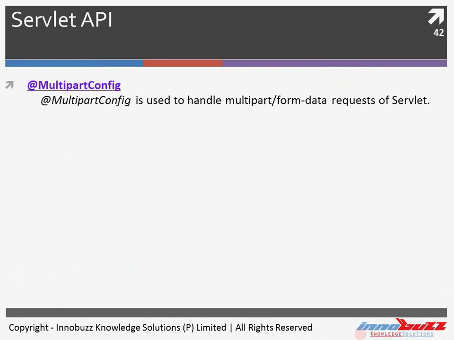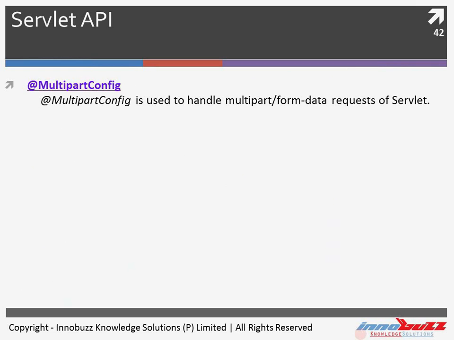And next is multi-part config. Multi-part config is another example or usage of annotation for easy development. Now, why is this annotation used? For example, in Servlet API earlier versions, it did not provide any built-in